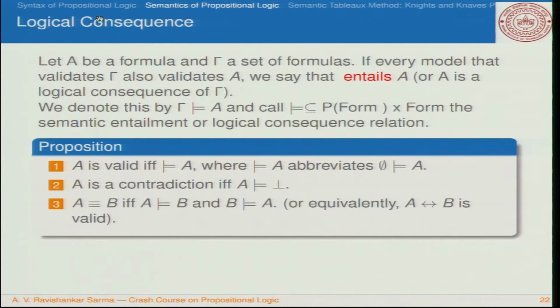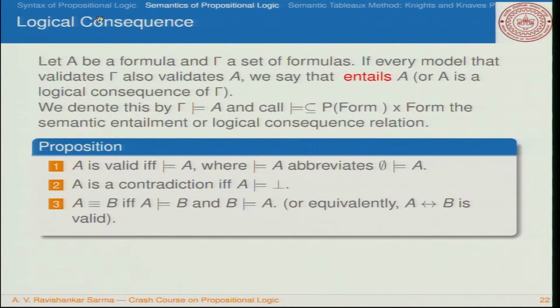So A is considered to be a proposition. A formula is considered to be valid, which is written in this sense: A is a logical consequence, especially where A abbreviates this thing. We do not write anything on the left hand side, which means A has to be obtained from the empty set. So that means it has to be a tautology. That means A does not require any kind of proof or anything like this. So it is considered to be a tautology.